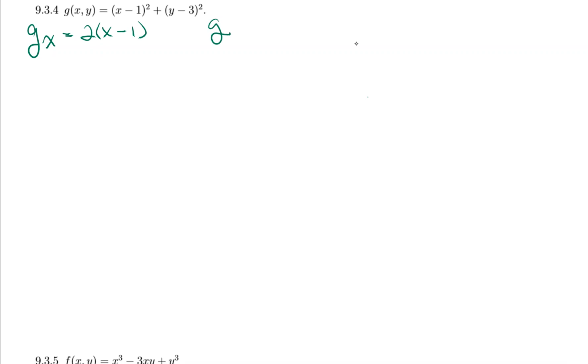Let's do the derivative of g with respect to y. That's going to come out to y minus 3. And these are kind of nice because when you set them equal to 0, they're very easy to solve. You'll divide by 2 and get x minus 1, and then add 1, so x is 1. Or think about it by the zero factor property: what will make this be 0? Because 2 can't be 0, it has to be the term inside that's 0, and that's going to give you that y is 3. So I've got my point to check already, my